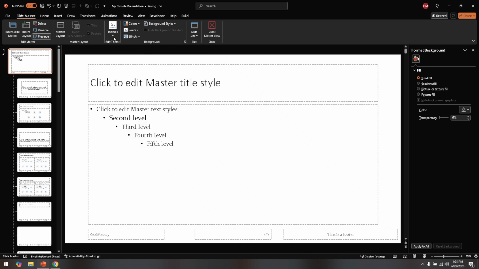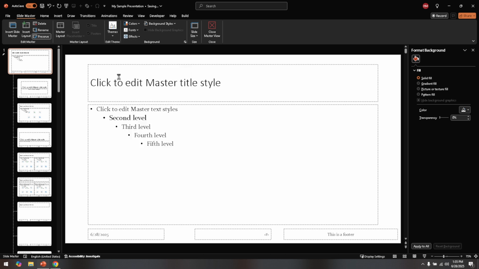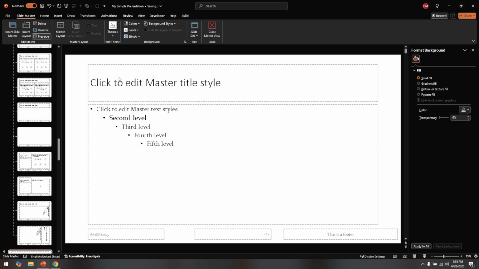Select that theme and you'll notice that applying changes here adjusts the look and feel of every slide in the presentation, adhering to your chosen aesthetic. This setup allows your slides to maintain a consistent style, enhancing the professional appearance of your presentations. Remember, knowing how to save and apply themes efficiently saves you time in future projects and ensures cohesive branding or styling. I hope this guide has helped you better understand how to save a theme and set it as default